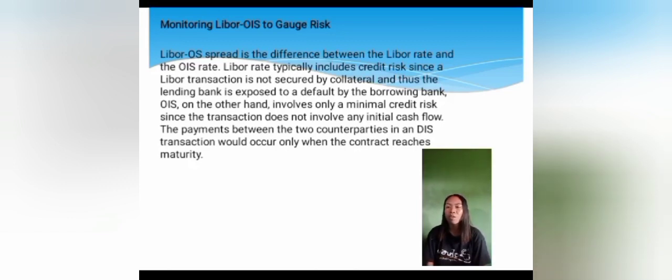So a decade ago, most traders didn't pay much attention to the difference between two important interest rates, the London Interbank Offered Rate, or LIBOR, and the overnight index swap, or OIS rate. That's because until 2008, the gap or spread between the two was minimal, but when LIBOR briefly skyrocketed in relation to OIS during the financial crisis beginning in 2007, the financial sector took note. So today, the LIBOR OIS spread is considered a key measure of credit risk within the banking sector.